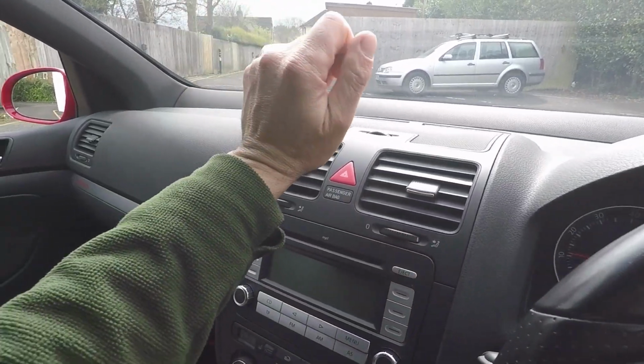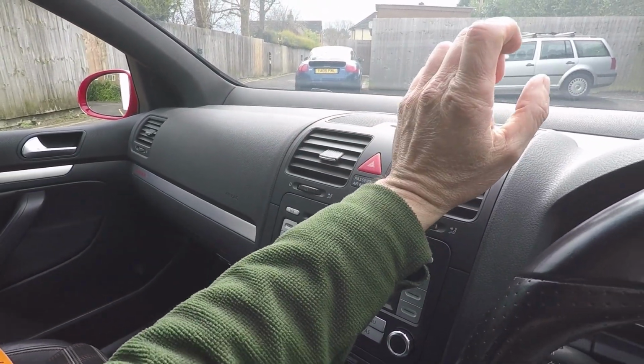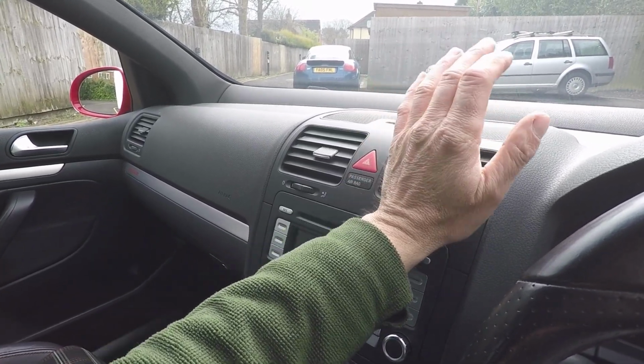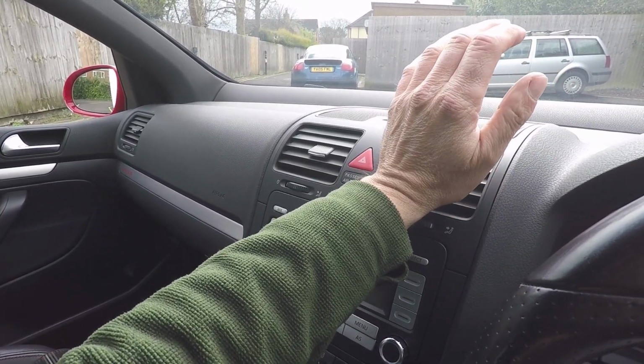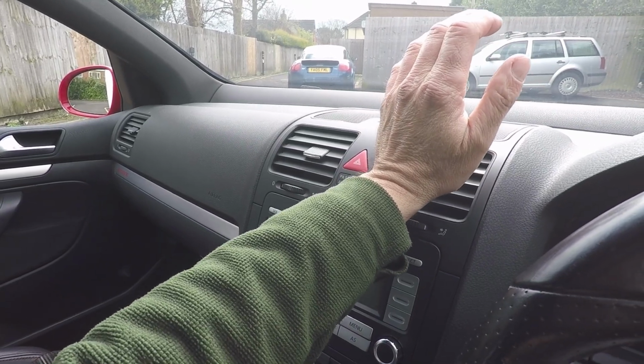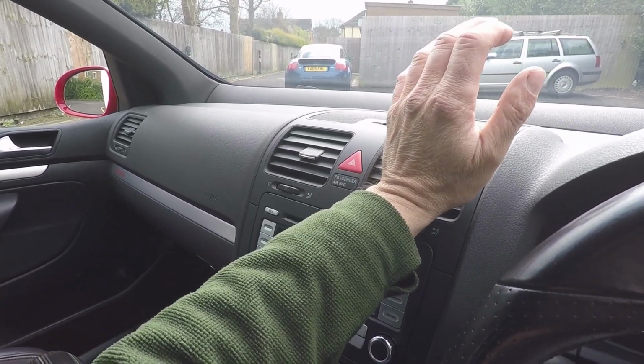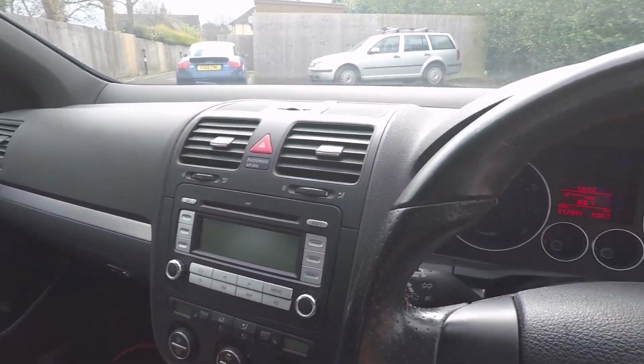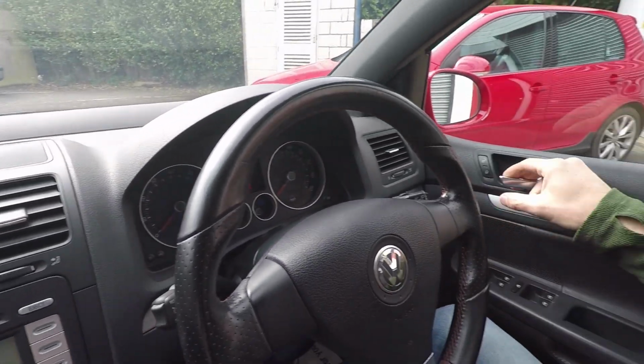And just use your wrist, because it's quite a sensitive part of your body, and it should feel chilled, not just being blown, but actually quite cold. So even though it's 8.5 degrees today, I can really feel that that is blowing nice and cold. Turn that off. Now if it's a colder day,